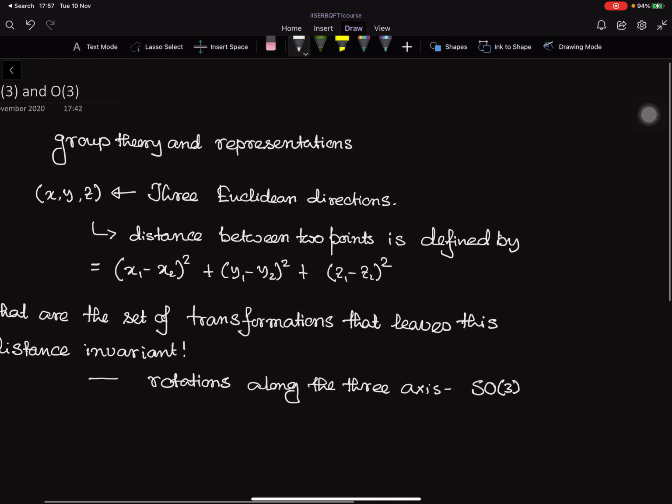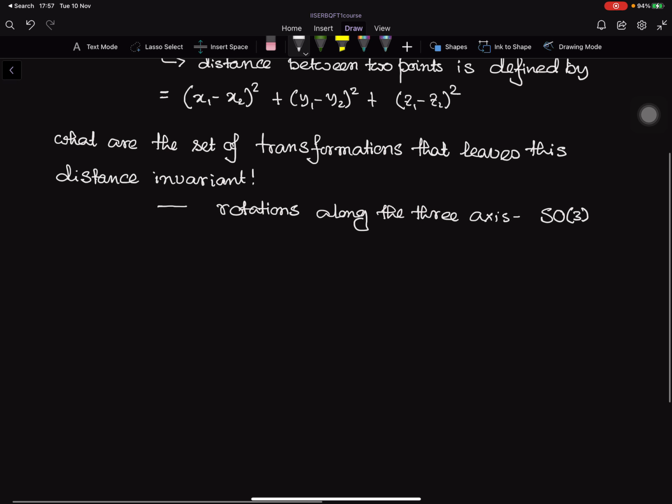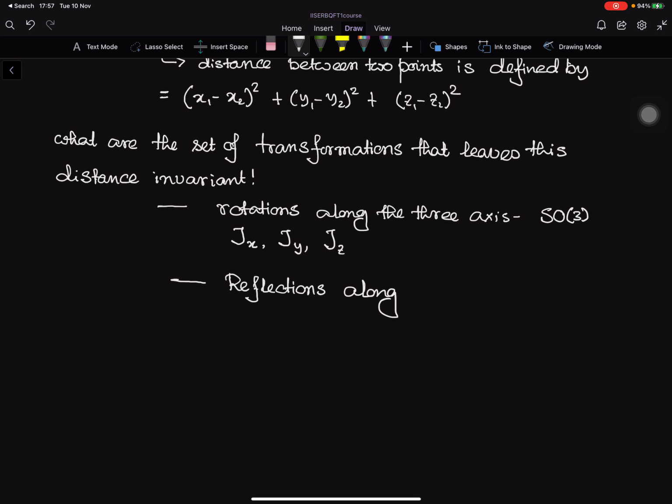The rotation generated along the x-axis is Jx, rotation around the y-axis is Jy, and around the z-axis is Jz, and then we have reflections along the 3 directions, the 3 axes,